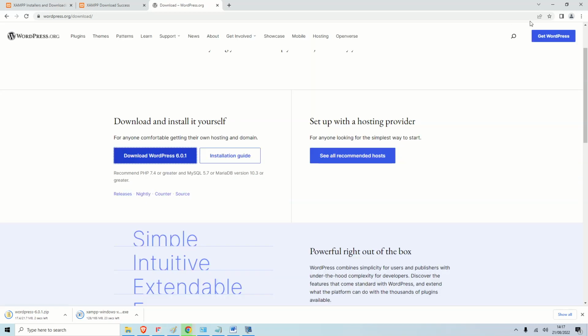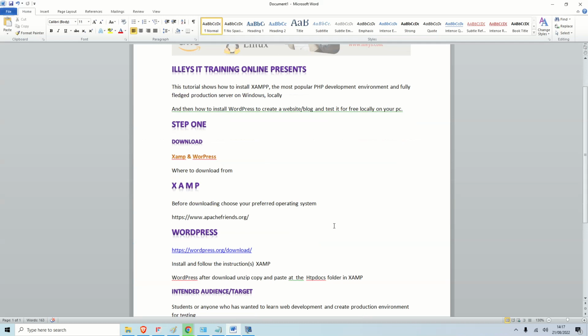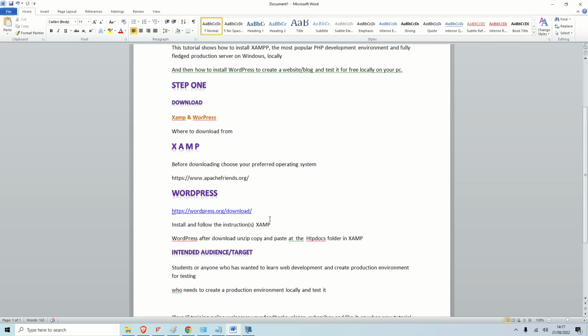After they download, we should simply go and install. Before downloading XAMPP, as I said, you should choose your preferred operating system. They have all the operating systems now. So you should go to apachefriends.org. For WordPress, we go to wordpress.org, and we download it, and probably we will install XAMPP first. Before we install, we will unzip WordPress, copy and paste it into the htdocs folder in